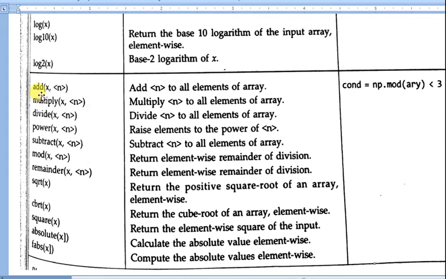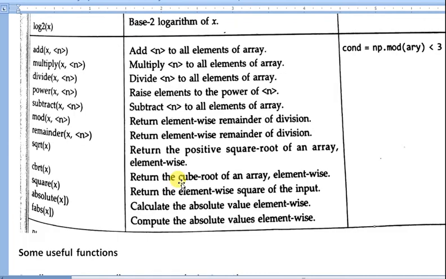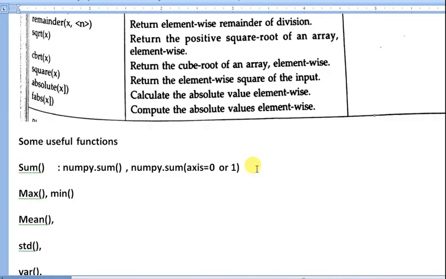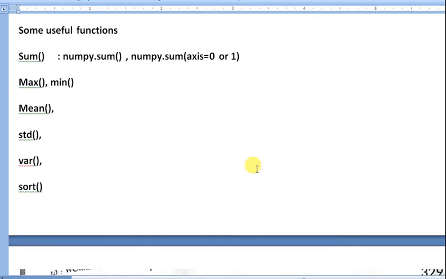Suppose you want to add some values, then np.add, and you can get the value. Add, multiply, divide, these are the functions. Some other useful functions: sum, max, min, standard deviation, variance, sort.